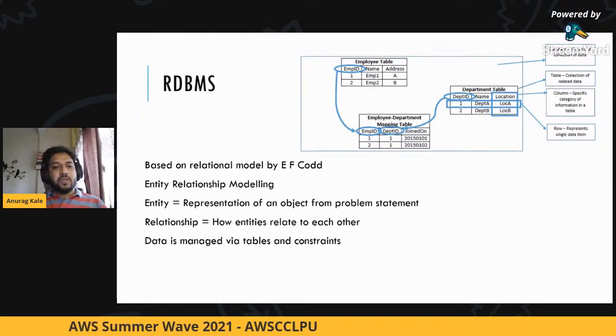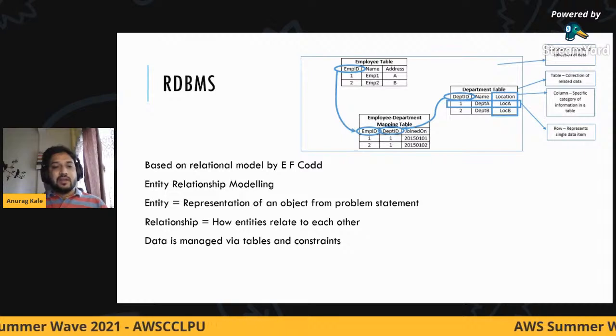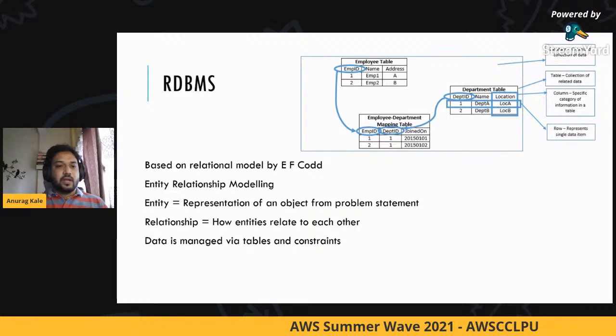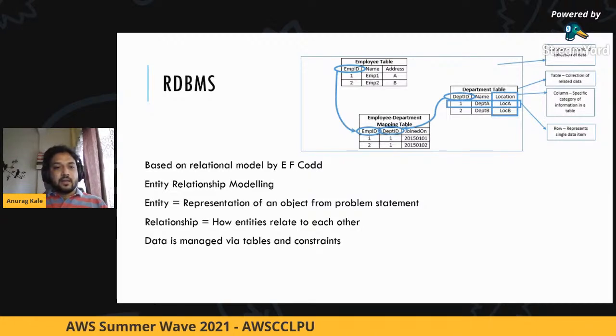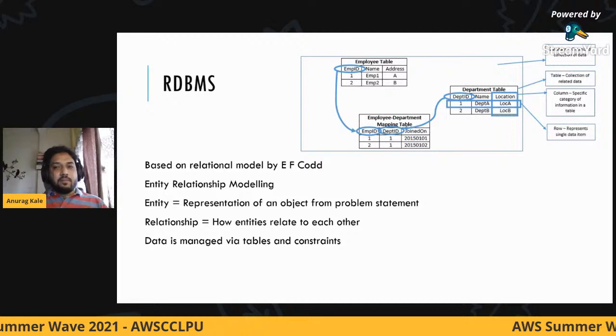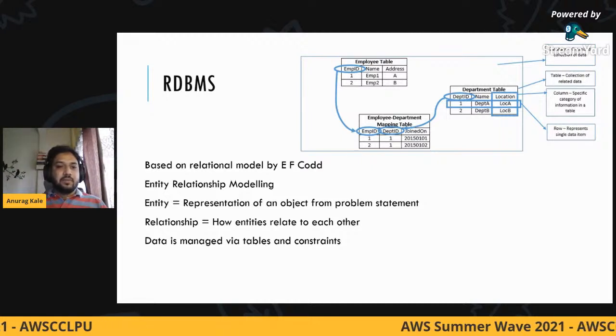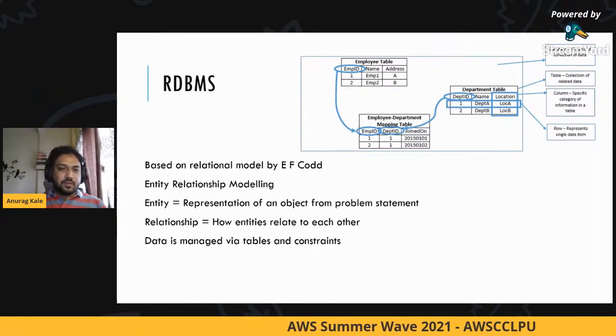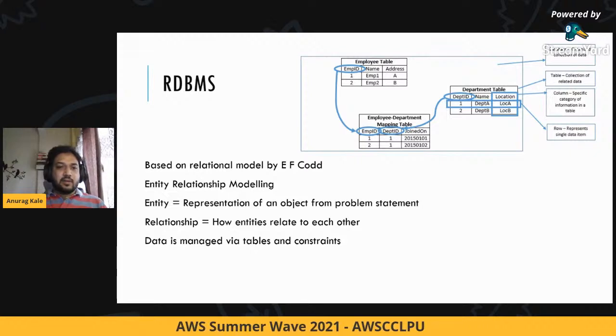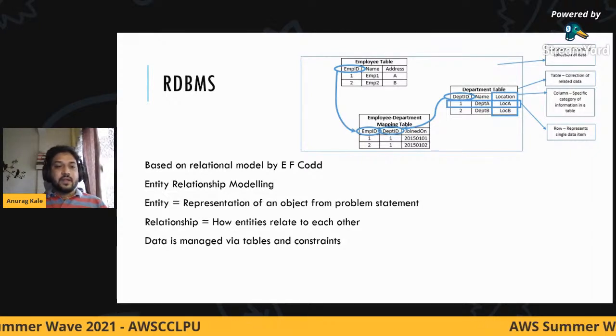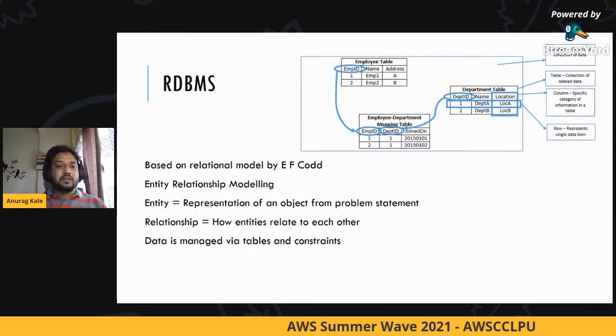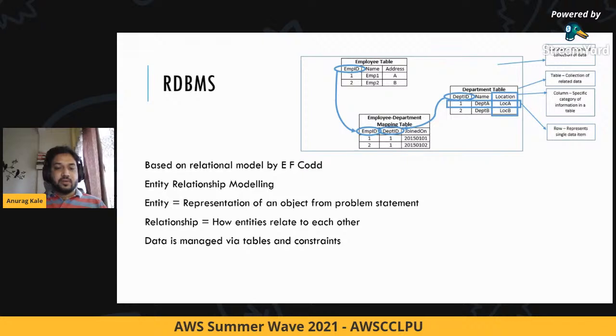So what does relationship mean then? Relationship means how these entities are interacting with each other. When I say interacting with each other, it means: can one person send multiple payments to another person? Can one person send payments to only one person? These kinds of interactions happening between the entities are called relationships.